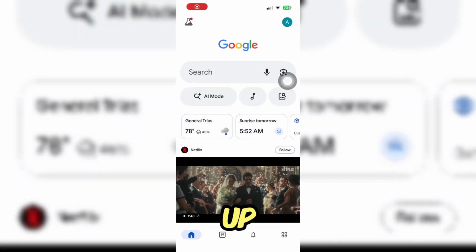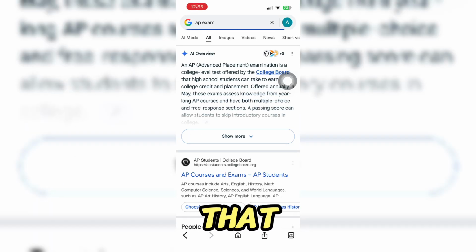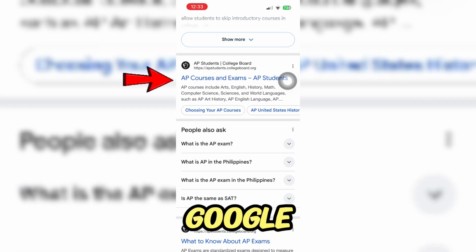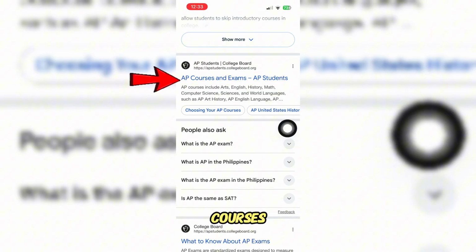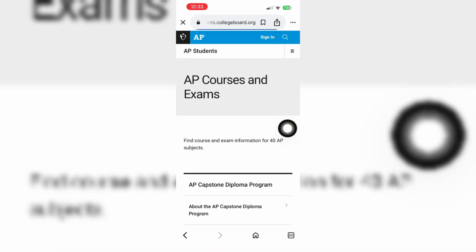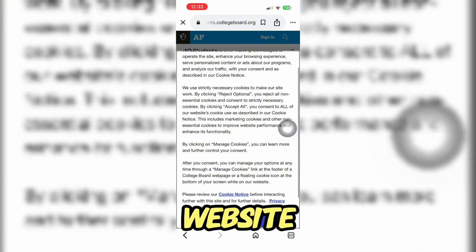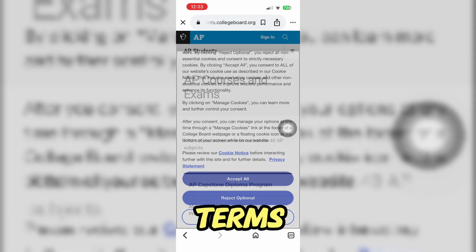Here's how to sign up for an AP exam. So the first thing that you need to do is to search on Google, Safari, or Chrome for the AP courses and exam website. Once you are on the website, click on accept all on the terms and conditions